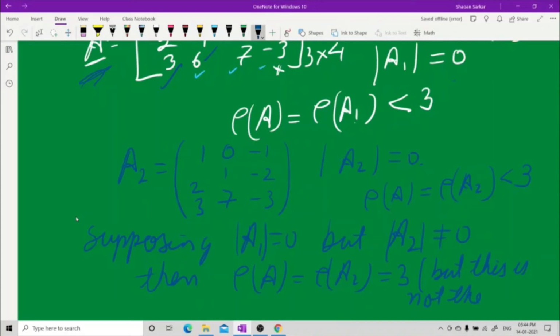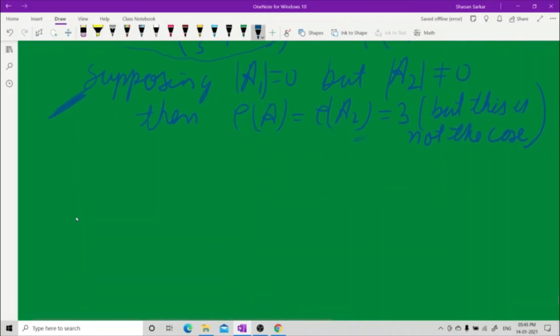I have told you in a different color, that's why. Supposing this determinant was 0, but this determinant is not 0, then I can say that the rank of the upper matrix A is the same as A2, but here it is 0. So I have to take another